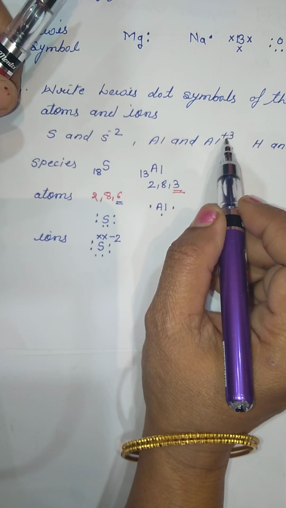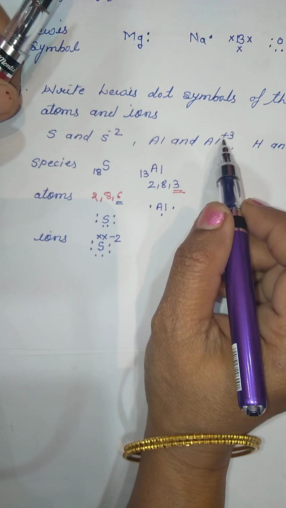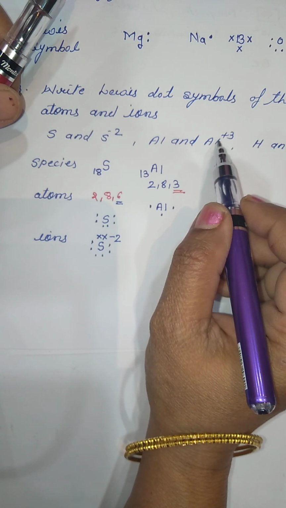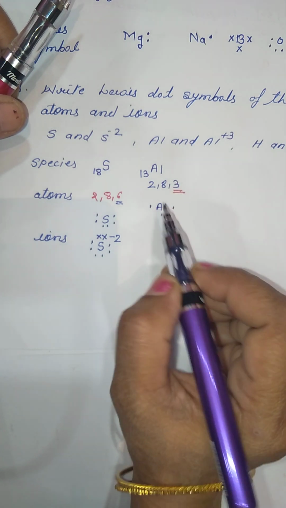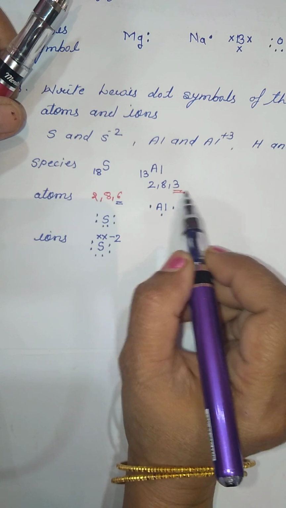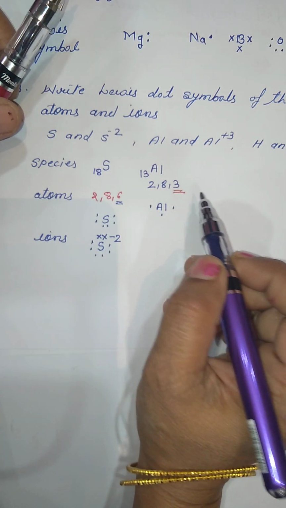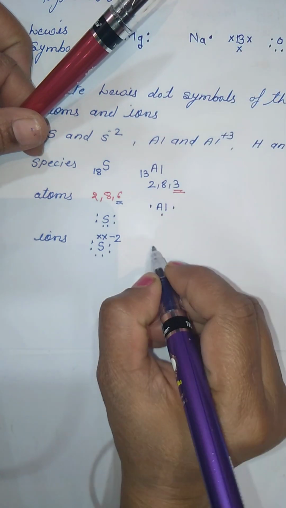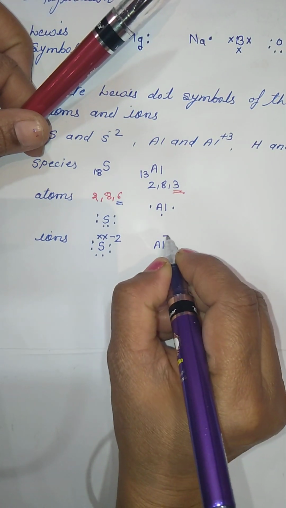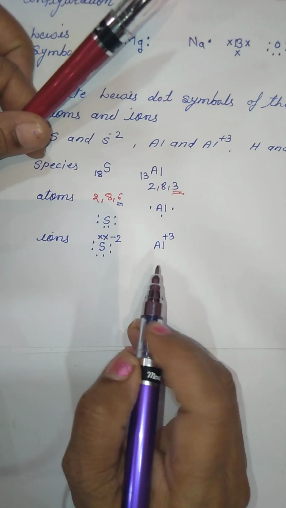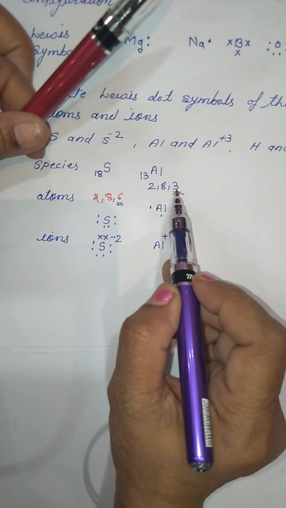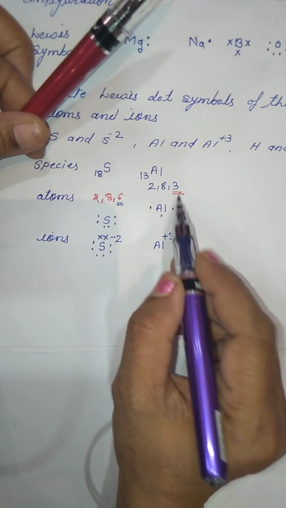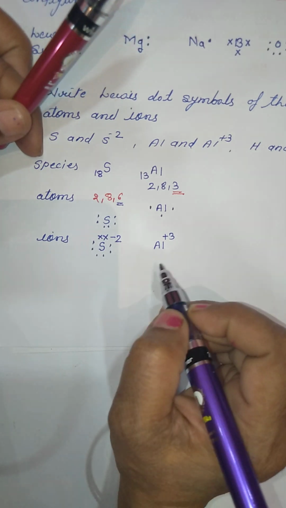Now what has come on aluminium? A positive charge has come. How does a positive charge come? Positive charge is obtained by loss of electrons. What does it mean? These 3 electrons will go. So when these 3 electrons go, what will we do? We will show that the outermost electrons are lost. So how will we show that outermost electron loss? It will be the aluminium symbol and above that we will write only the +3 charge. There are no electrons because all the 3 electrons are lost. So we will not show any electron here.